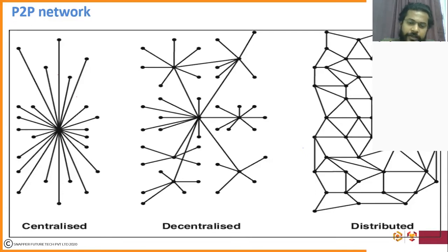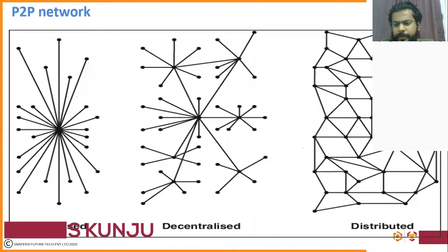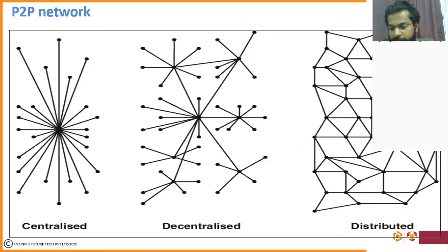So what happens in distributed network topology? There is no client, there is no server. There are only peers in the network. All participants are directly connected with each other. So even if one of the participants goes down, do you really think the network will go down? Do you see any kind of hierarchy in this distributed network topology? You have only peers who are directly connected with each other. So even if one or two peers go down, the network is still up and running. Okay. So blockchain uses peer-to-peer network topology. It uses distributed computing network topology.